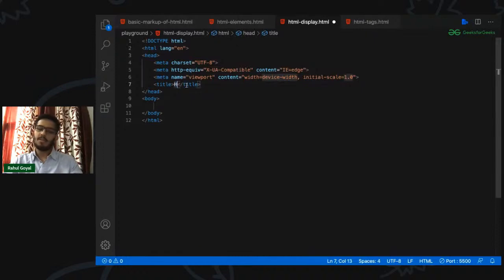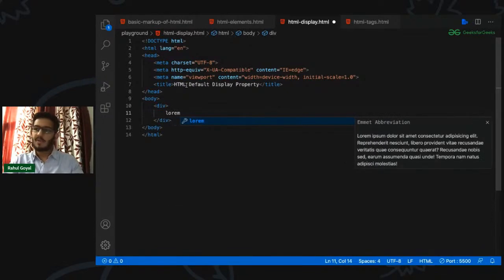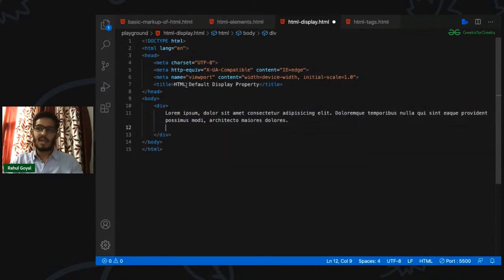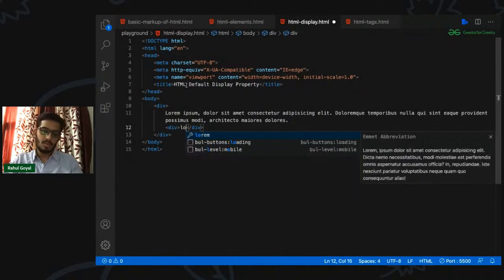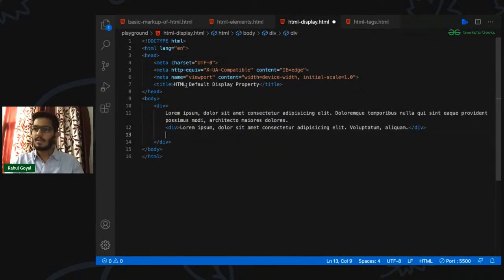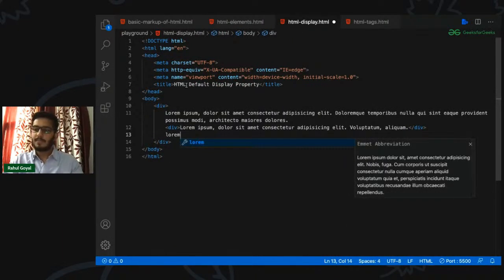Give it a title of HTML. Let's say I have defined a div tag. I've defined some dummy text maybe. I have a div tag inside a div tag which also contains some dummy text and